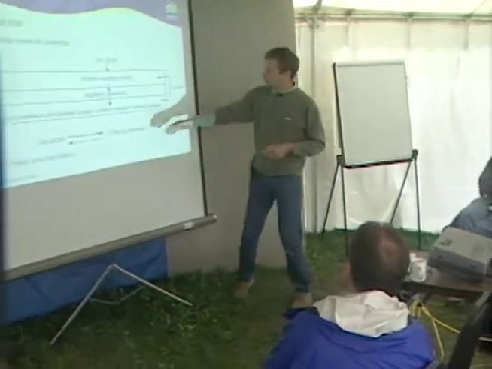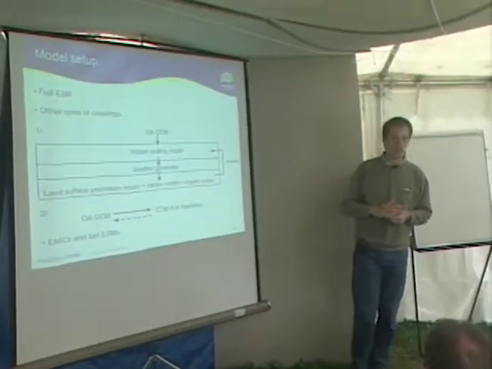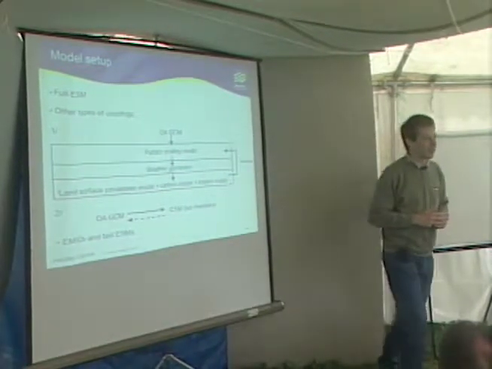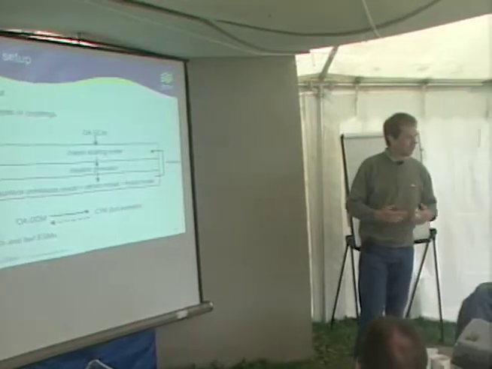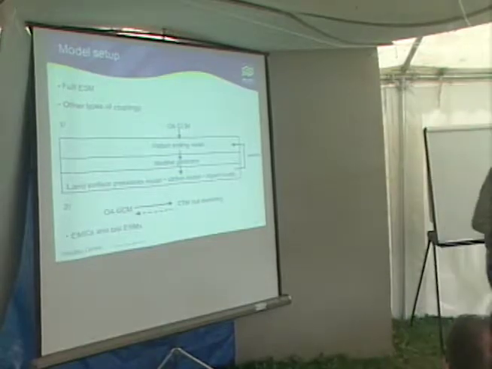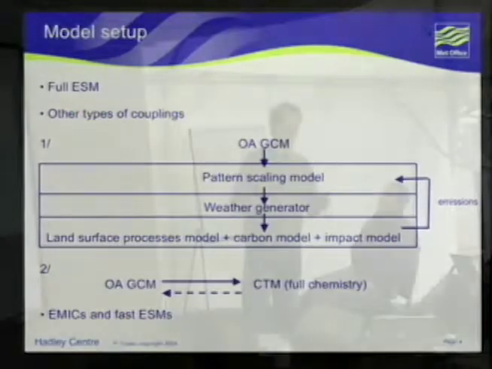We've mentioned the asynchronous coupling for the chemistry and the physical climate. So I think we've got to be inventive in simplifying these models and finding model setups which are easier to operate, because the full Earth system model, it's unlikely we can run many experiments with it. So there is some value in that. And then we've got MX, and we also have the concept of a fast Earth system model. That's something the UK universities are working on. They're trying to get our climate model at a much lower resolution with a good deal of parameterizations, and to use the Earth system model for paleoclimate applications.